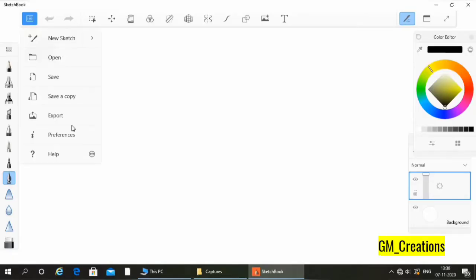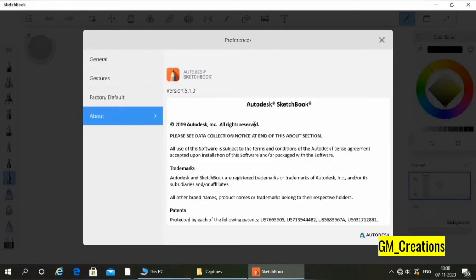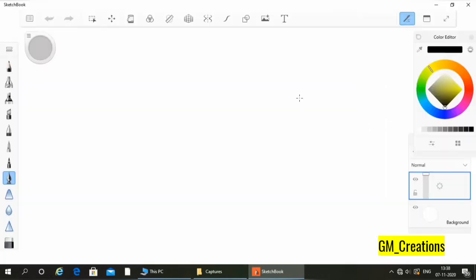Today I will show you some basics of AutoDesk Sketchbook. I am using version 5.1.0, so whatever tools I show you here may be different from AutoDesk Sketchbook Pro and for iOS. I am doing this on my laptop, so I can't say what the interface will be for tablet, phone